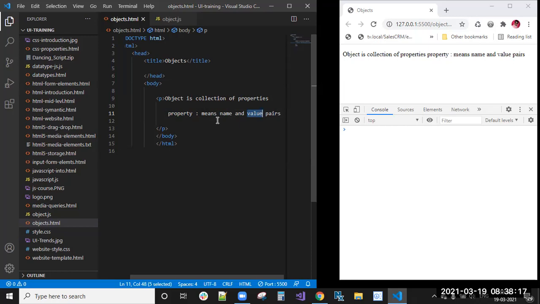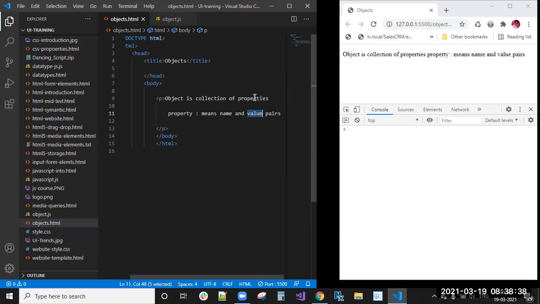In real time, if you take a human body, that is an object only, or a car is an object. Everything is an object only. An object has multiple properties. So what is a single property?